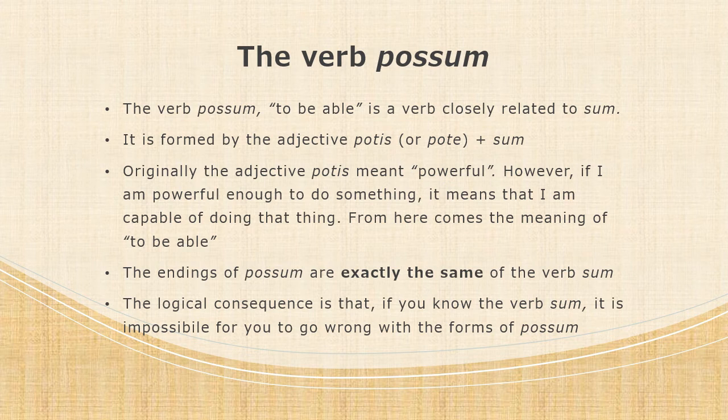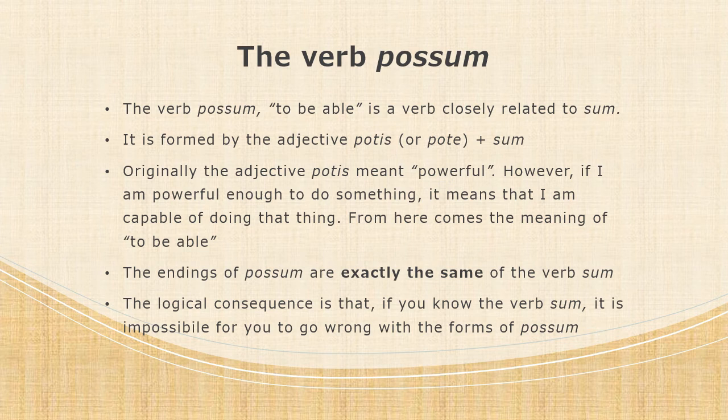So let's switch to the second verb, the verb possum. The verb possum, which means to be able, is a verb which is closely related to sum. It is formed by the adjective potis plus the verb sum. So it's a verb which is composed of a prefix and the verb sum. Originally, the adjective potis meant powerful. However, if I am powerful enough to do something, it means that I am capable of doing that thing. And this is how the verb possum acquired the meaning of to be able,